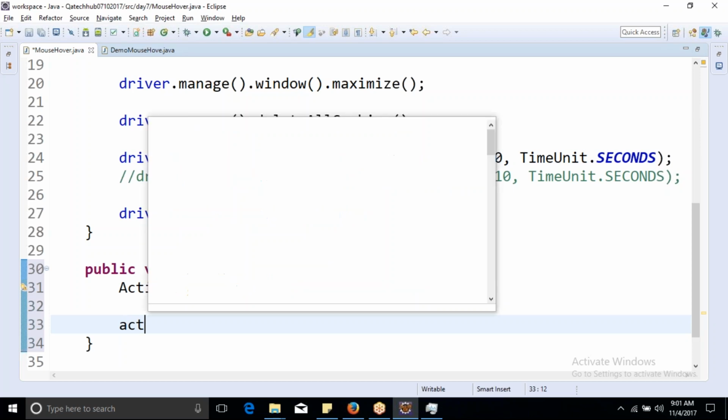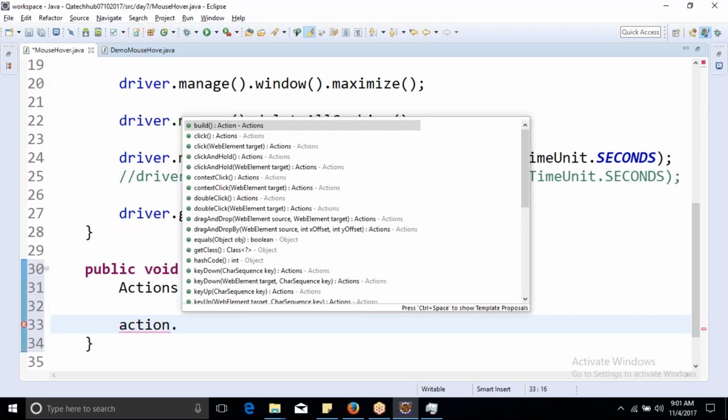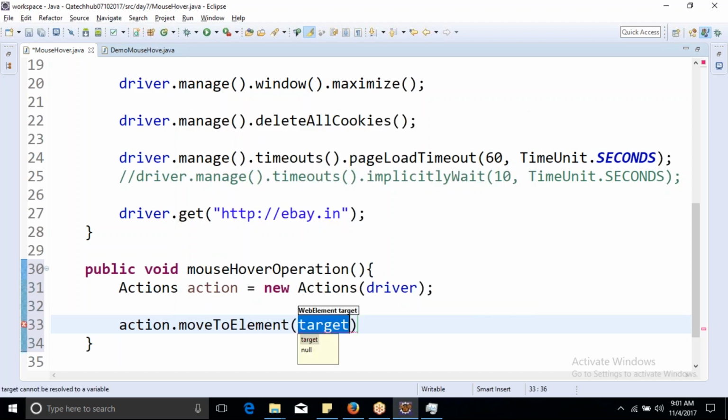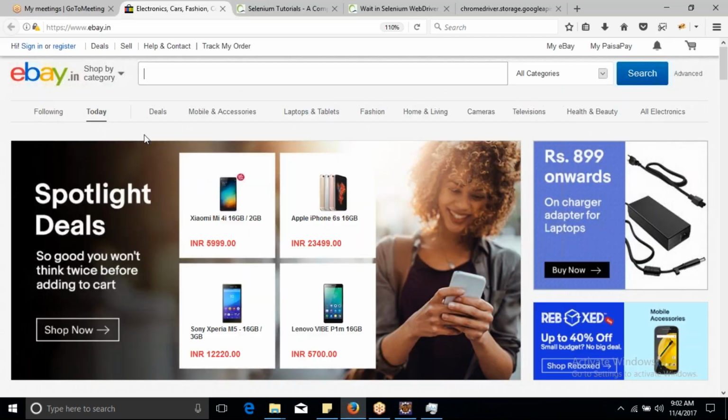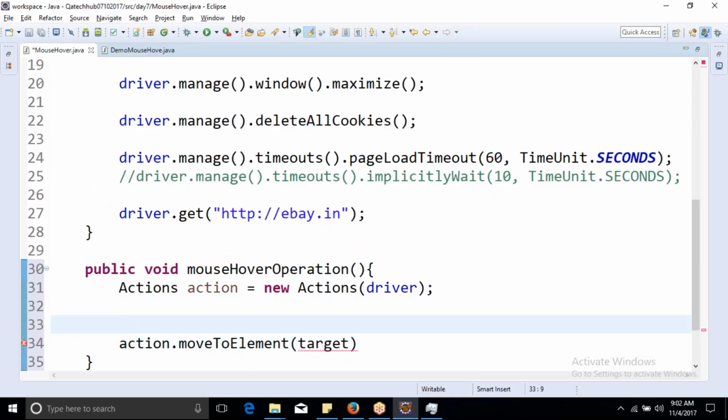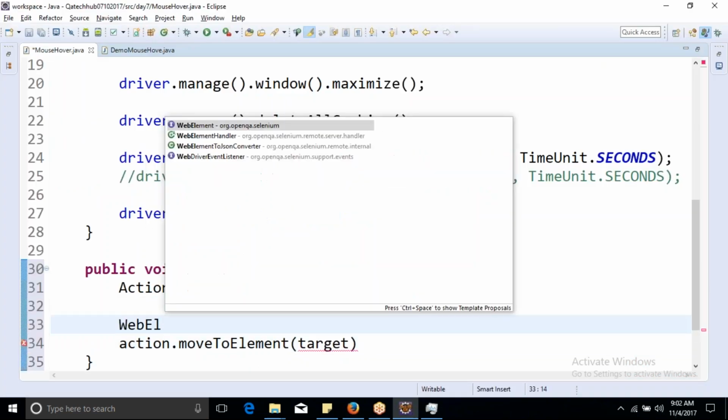Next will be action dot. What do you want to perform? You want to perform moveToElement, right? Which element? This mobile and accessories. So let's define that element first. So it will be WebElement